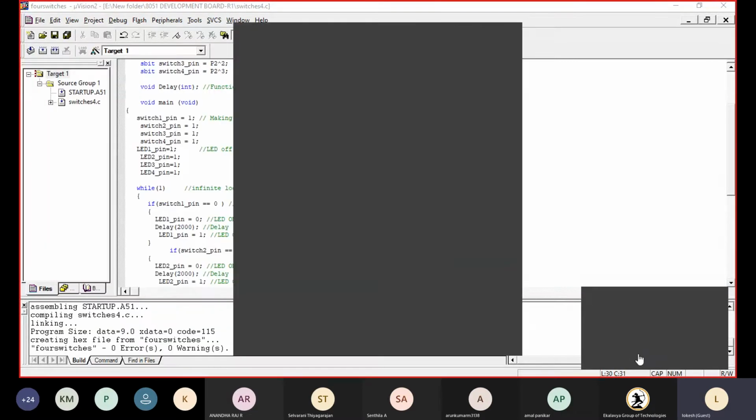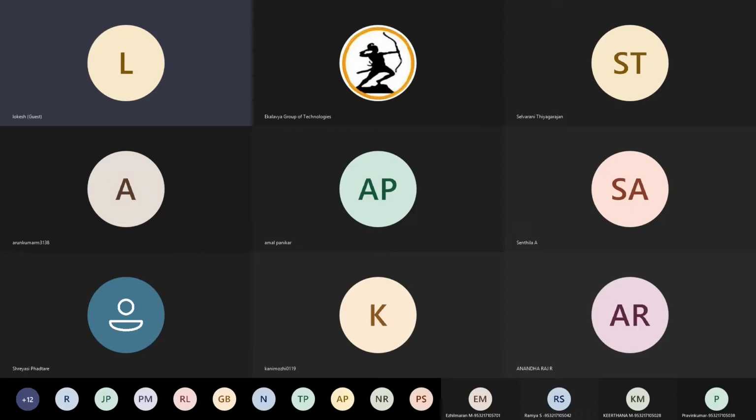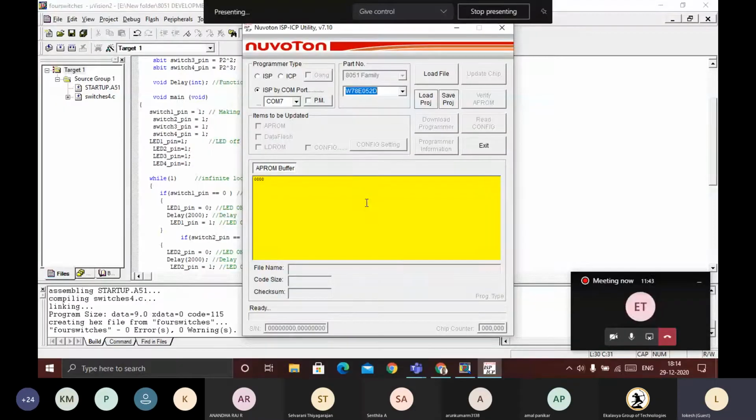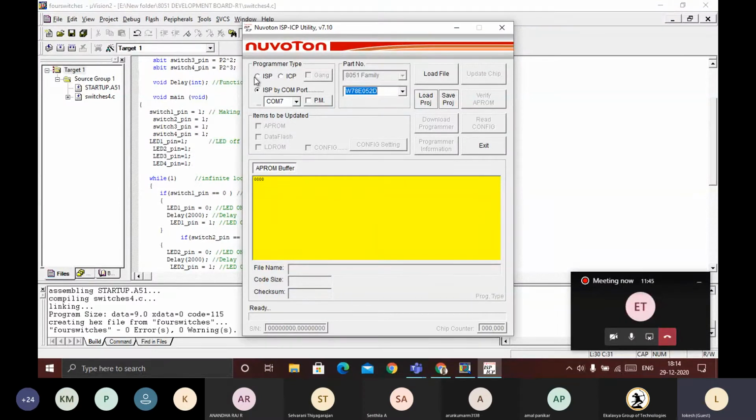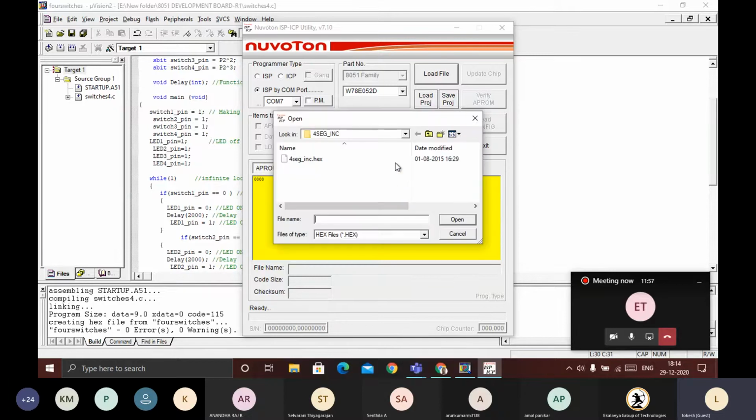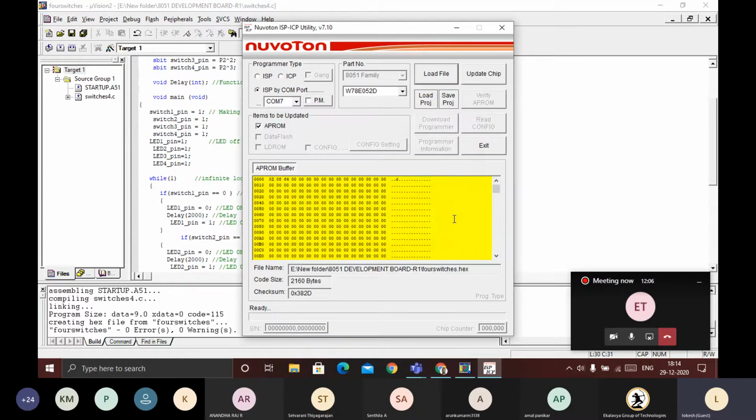Okay. There you need to check to which port we have connected our board. This is COM7. In the load file, we have a program which is called four switch. Update the chip.